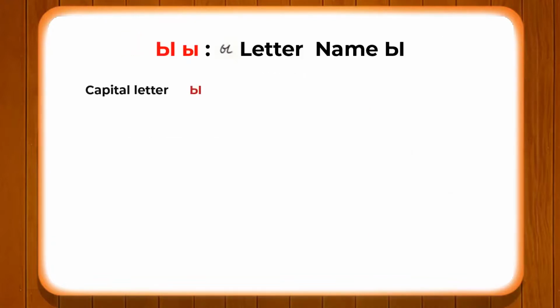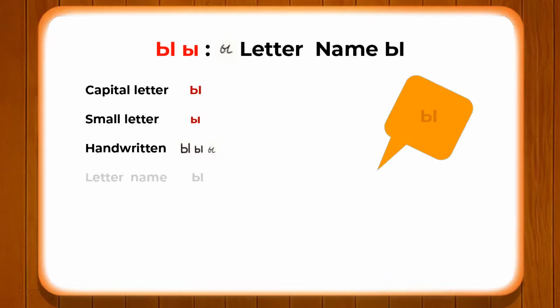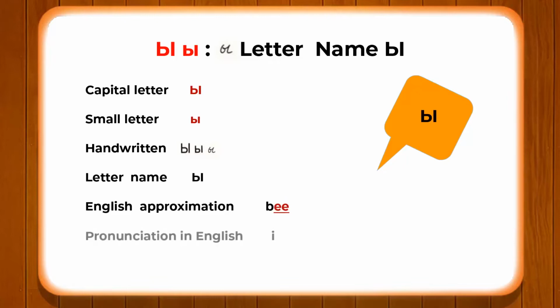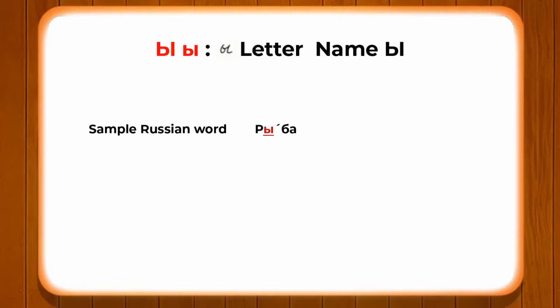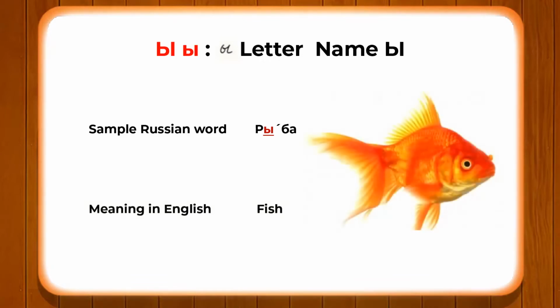Now we will go to the next letter, another very interesting letter of the Russian alphabet which has no similar sound in any other language. The letter is known as uy. How do we master it? With the approximation as in B, but in Russian we have the word riba. How do we pronounce it? Riba. That is why it is a vowel, that is why the stress is falling onto it, and the pronunciation is ruiba, which means fish in Russian.